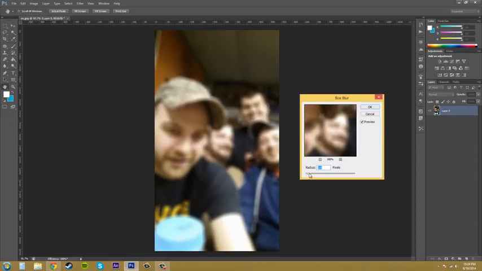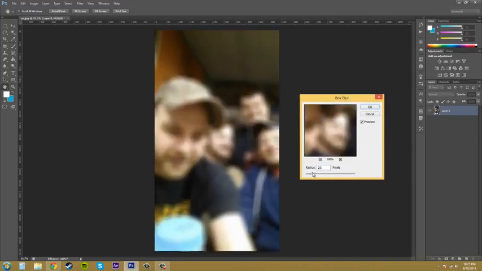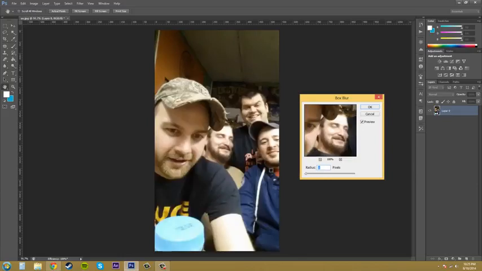The blur gets larger when you move the radius to the right, as you can see here, and it just gets totally blurred out into gray if you go all the way out, and it gets less blurry as you move to the left. So that's for the box blur. So remember that the box blur is non-realistic and it just averages the pixels around and blurs them appropriately. The next blur that we're going to go over